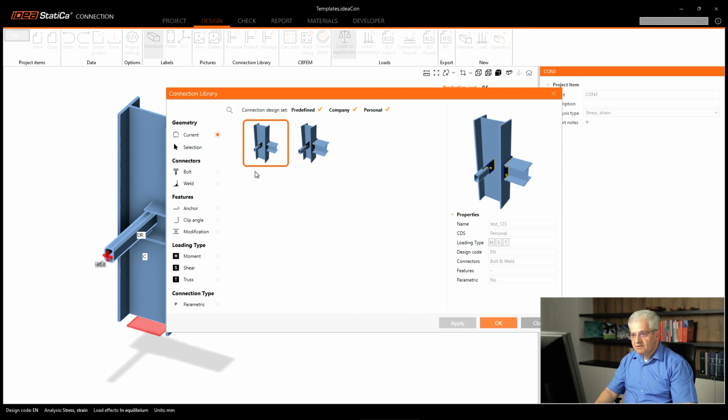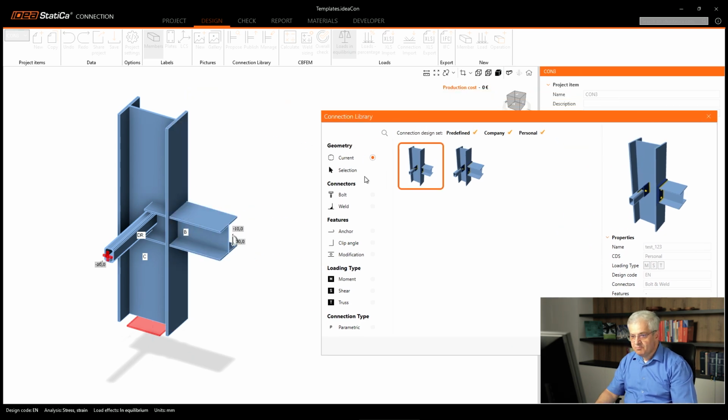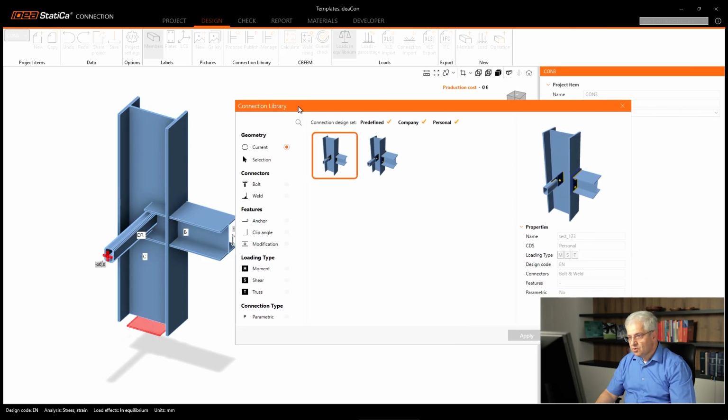That means we have an orthogonal template. So if my member B is going from the orthogonal less than 10 degrees, then the connection will be selected or displayed. If more, then it will be ignored. It's out of the range. So this is the simple way. Simply select the connection and click on OK.